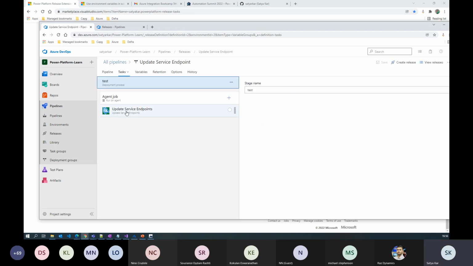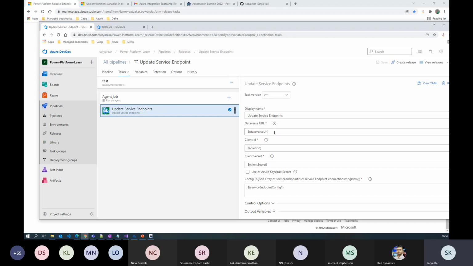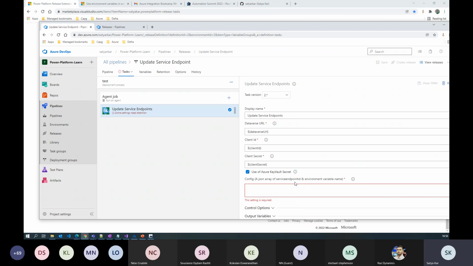So this is the task. All you do is pass your database URL, client ID, client secret, and either you pass the details directly here, and it supports multiple service endpoints. You give the GUID of the service endpoint and their respective connection string, or you give a pipeline variable, and it has given a format as well. It suggests, and when you select this yes, it changes this and gives the other format as well